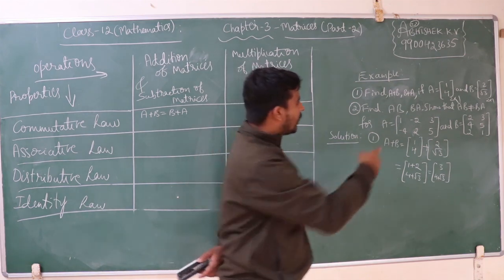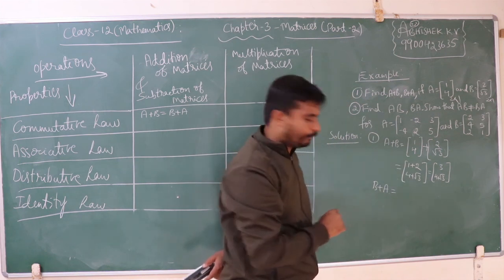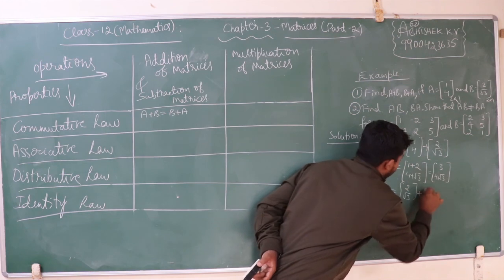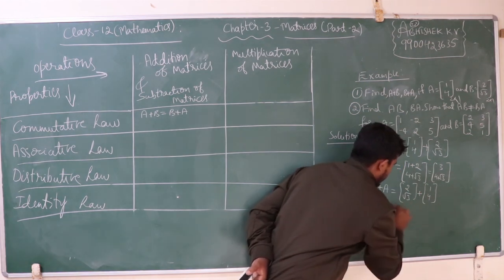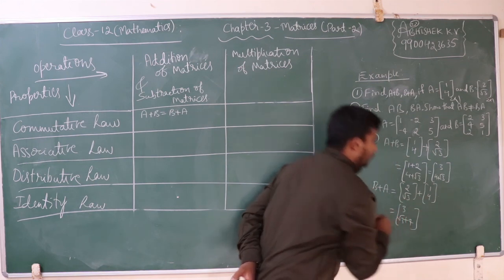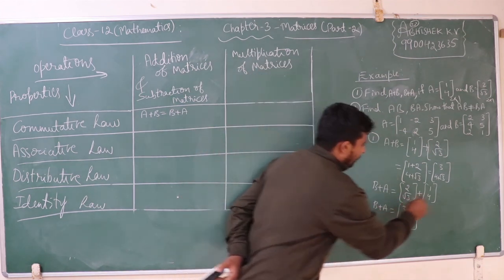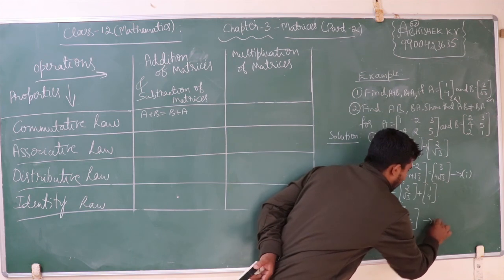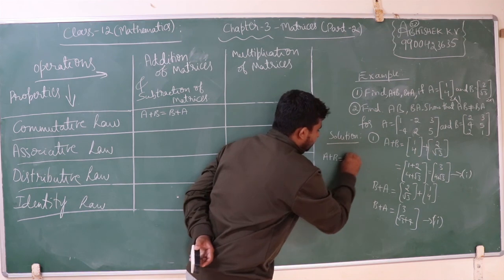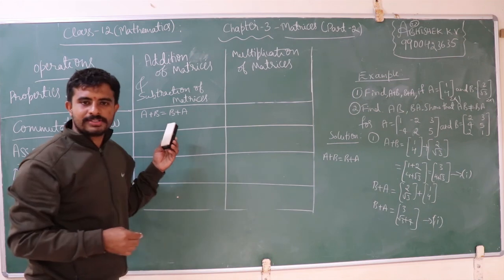A plus B. Let us check B plus A. What happens? If I consider B plus A, then what is B? B is 2, root 3 plus 1, 4. Again, 2 plus 1 is 3. Root 3 plus 4 is root 3 plus 4. 4 plus root 3 and root 3 plus 4, both are the same. Therefore, consider this as 1 and this as 2. From 1 and 2, we can write A plus B is equal to B plus A. Therefore, the commutative law holds for addition.